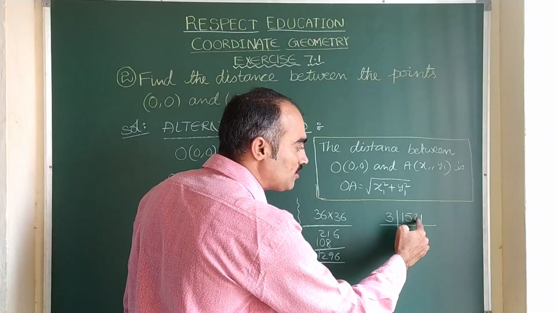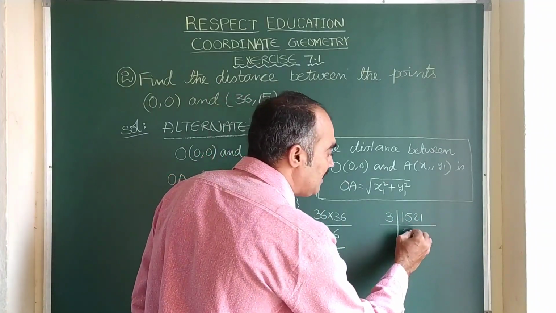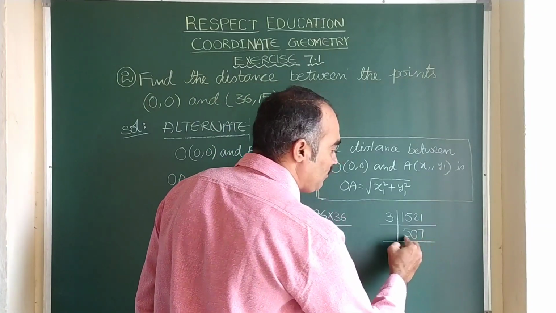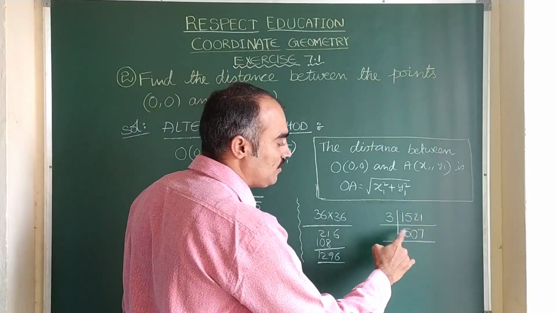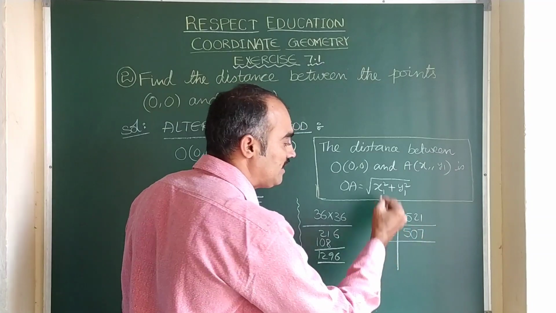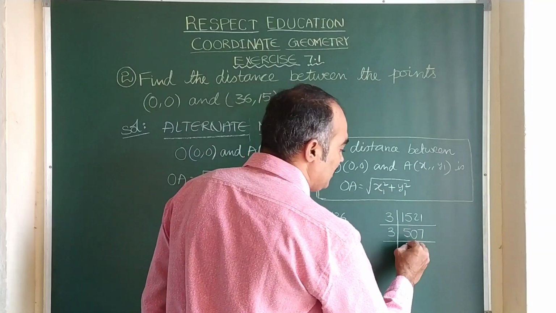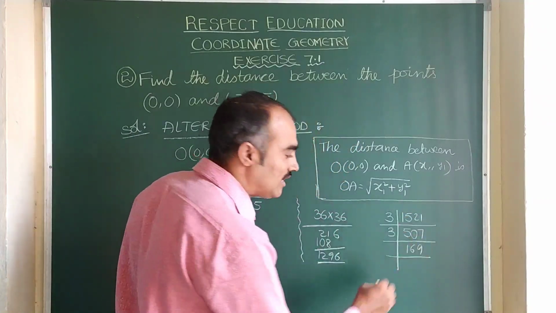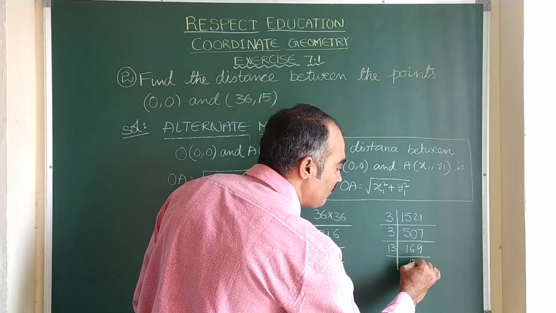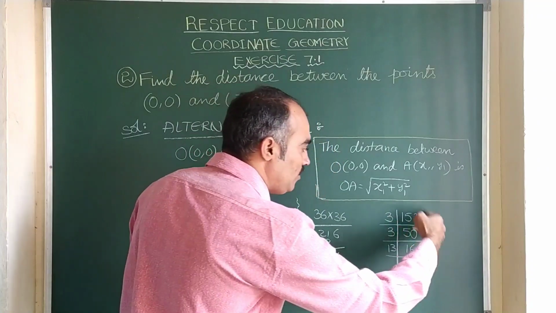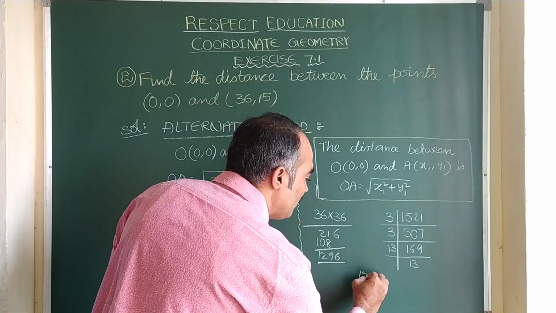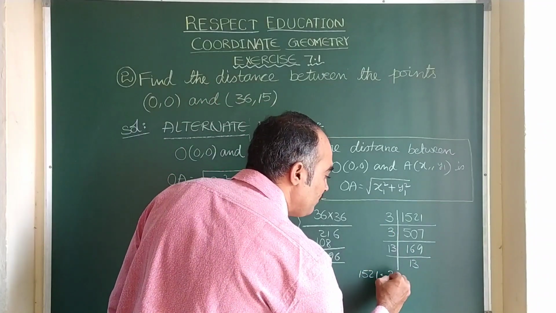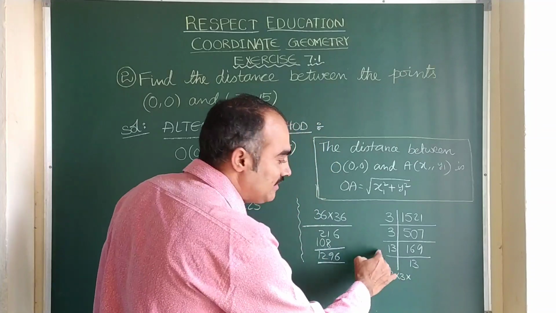So the next 2 comes. 2 is smaller than 3, so let us write 0 here, then 21 comes. So 3 7s are 21. Again 7 plus 5 is 12, 12 plus 0 is 12. Again this is divisible by 3, so let us take one more 3. Here 3 16s are 48, 27. So 3 9s are 169. Directly you can write, children, this is 13 into 13. So 1521 can be written as 3 into 3 into 13 into 13.